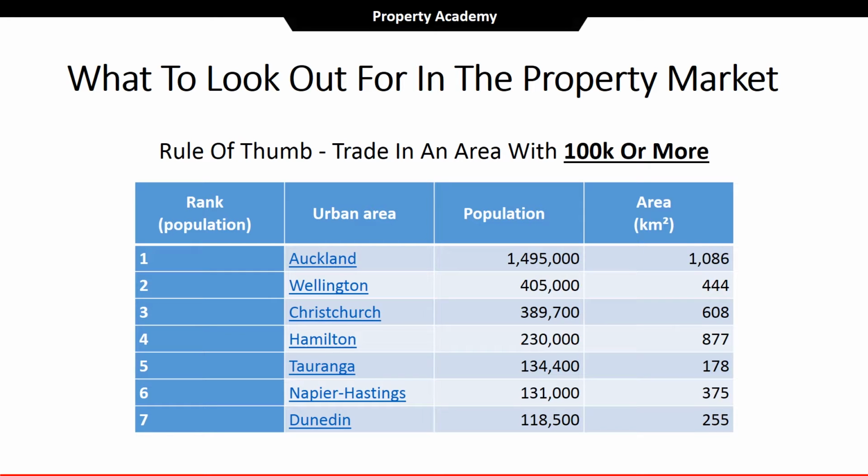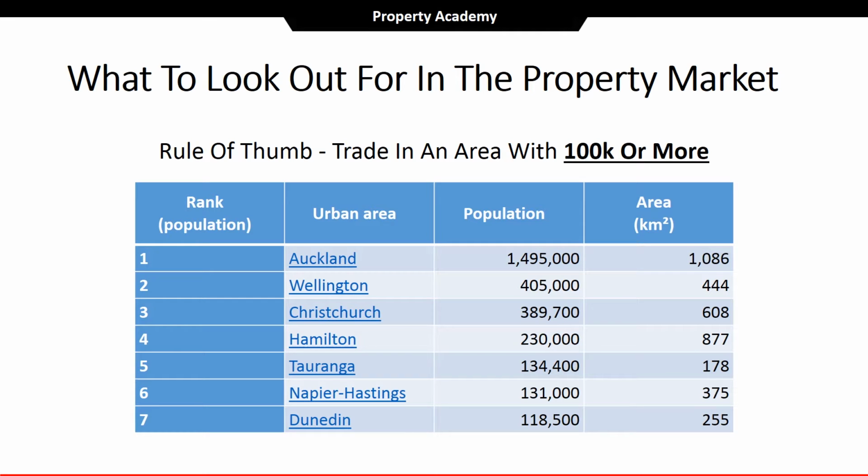So I just want to go over something with you guys as well, just the basic rule of thumb on what to look out for in the property market. As a rule of thumb, I think property trading is doable in any city, any market, but I would prefer if people would work in cities that had at least a population of 100,000 people or more. Also, the other thing to look out for is places that have a high transaction volume, which means it's a good place to start trading in, because it means you can easily buy something and sell it on the other